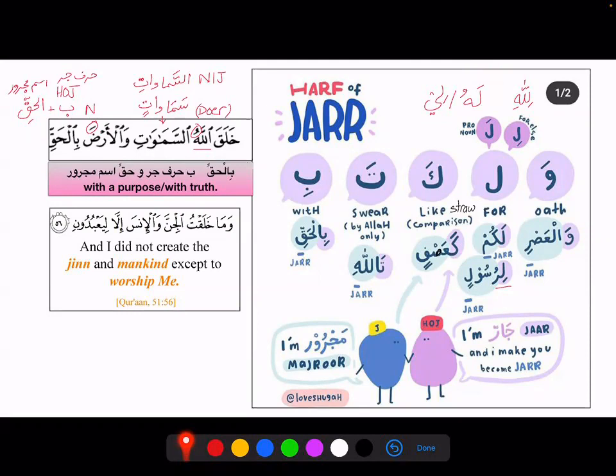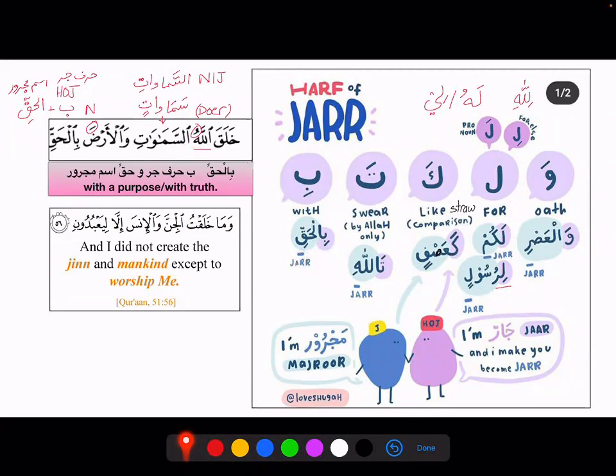Then ka, we already saw that. Ta, we already saw. Ta is for a special oath for Allah subhanahu wa ta'ala, and it has a lot of emotion in it. And then ba, we saw the example bismillah, right? Now another example is bil haqqi. Bil haqq in the Quran Pak reminds me of an ayah, and I put this ayah over here. It says